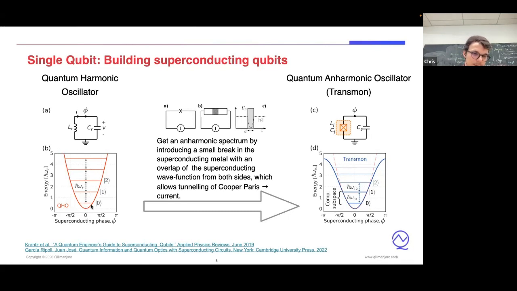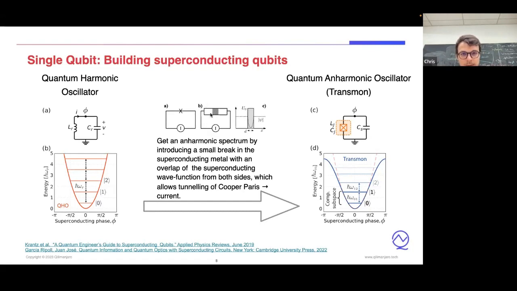So we have many states which are separated with the same energy difference, from 0 to 1 the same difference as from 1 to 2, and so on. So you're not able to address the transition from 0 to 1 only without affecting the other transitions, or there are so many photons of the same energy traveling around that you're not able to do any operation on it. So what you actually need is an anharmonic oscillator, which is done by introducing